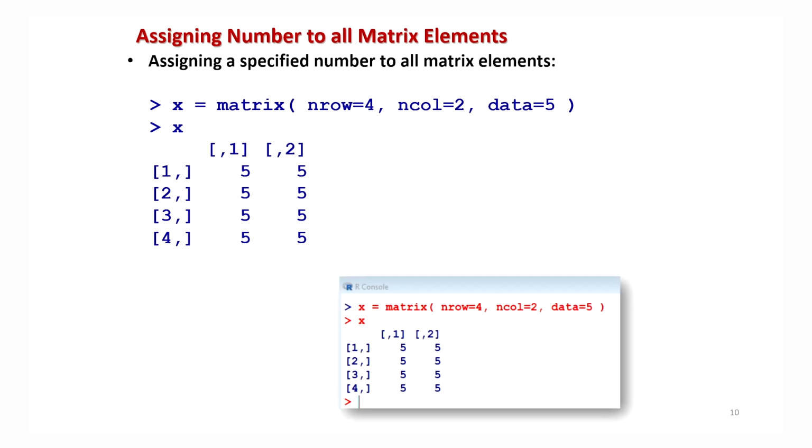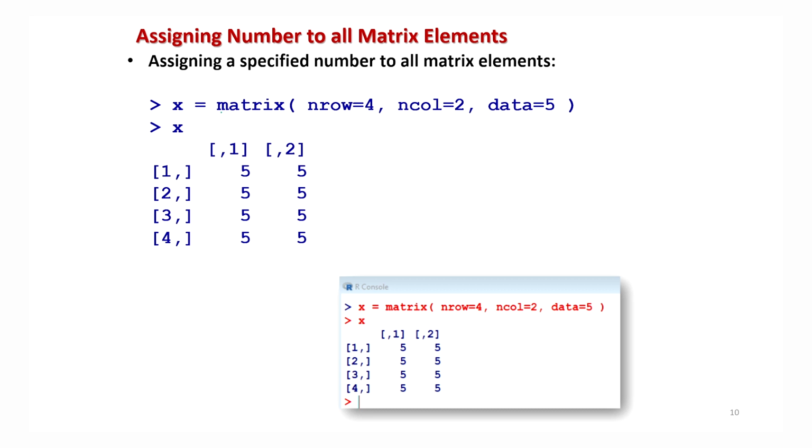Right. So now I will give you different types of examples in which we are going to show how different types of matrices can be defined. These examples will help you when you are working with multivariate procedures, and if you want to input a particular type of data or do a particular type of operation. Suppose you want to have a matrix in which all the elements are the same. Suppose I want to create a 4 by 2 matrix in which all the elements are 5.